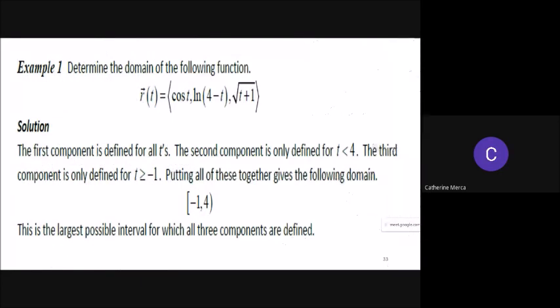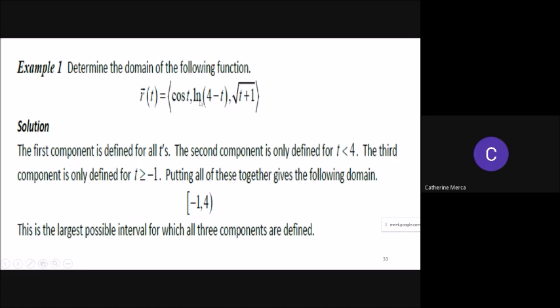Let us take the following example. Determine the domain of the following function. So if we talk about the domain now, and you're given r of t, ang components niya are cosine t, ln of 4 minus t, square root of t plus 1. So the first component is defined for all t's. The second component is only defined for, kasi kailangan ng ln greater than 0,